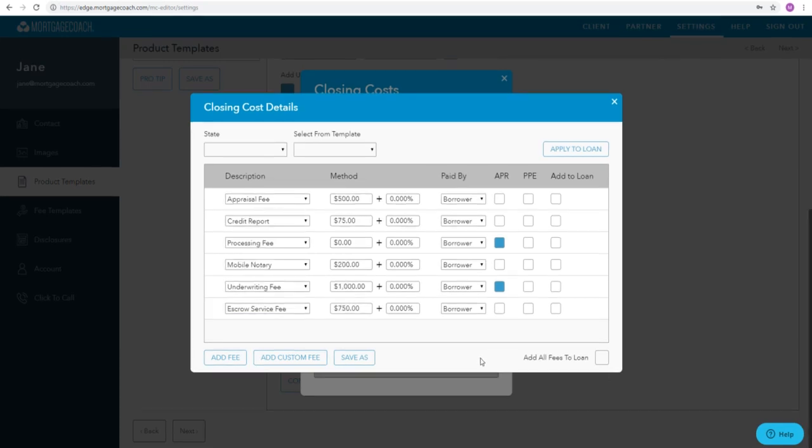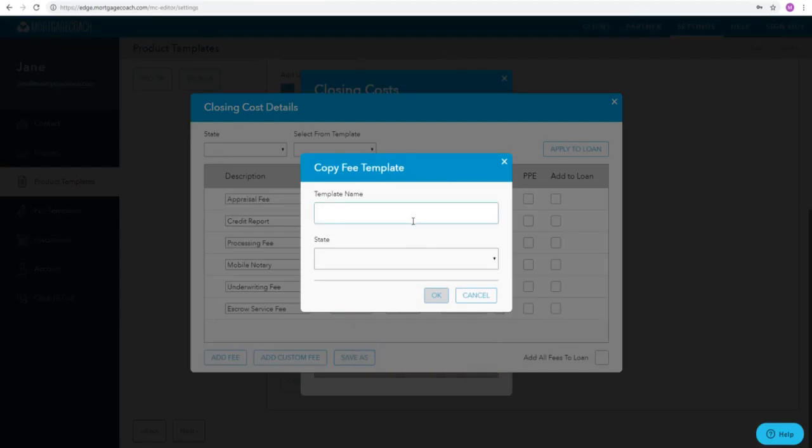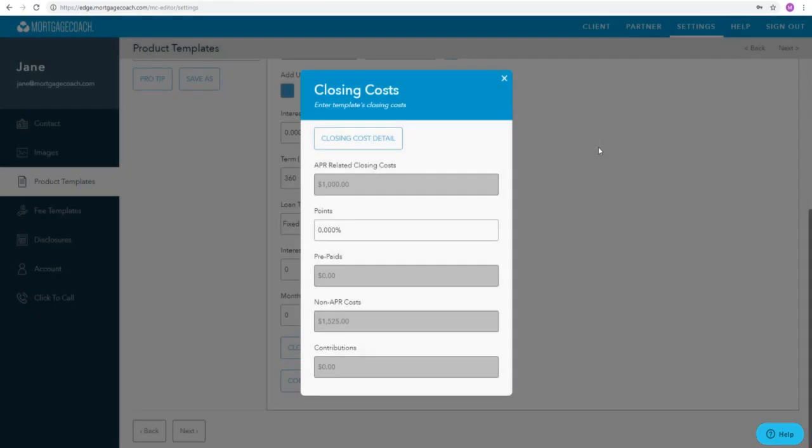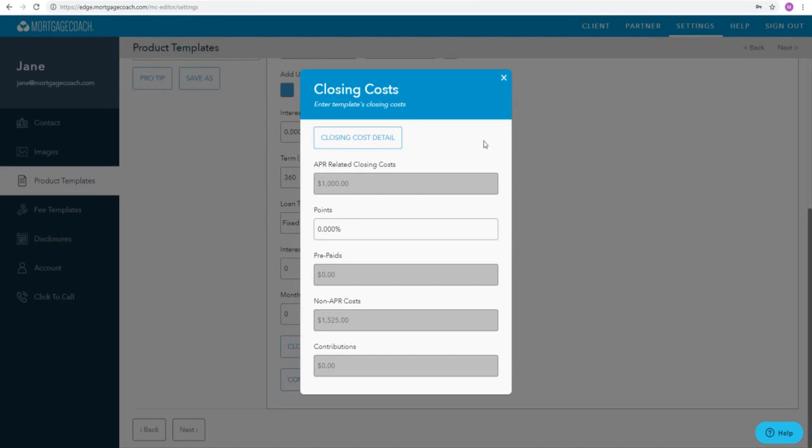Once you have completed adding your closing costs, you can easily save these costs as a fee template by clicking on the Save As button and naming your fee template. If the fees apply to a particular state, select the state and then click on OK. Next, click on Apply to Loan to associate these fees with your product template. The system has automatically totaled all of the APR, prepaids, and any non-APR costs and added them to the corresponding